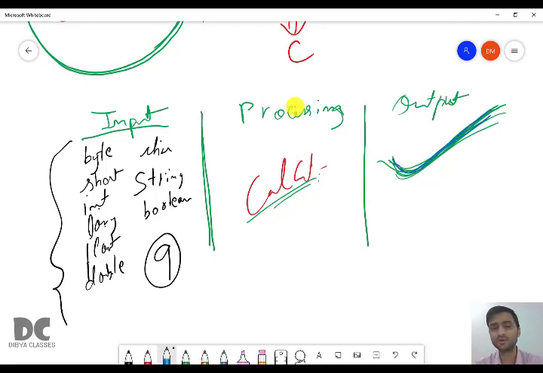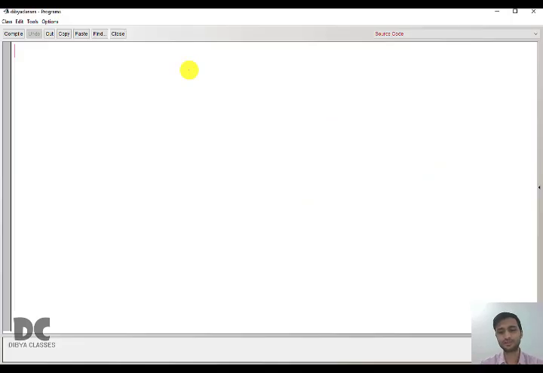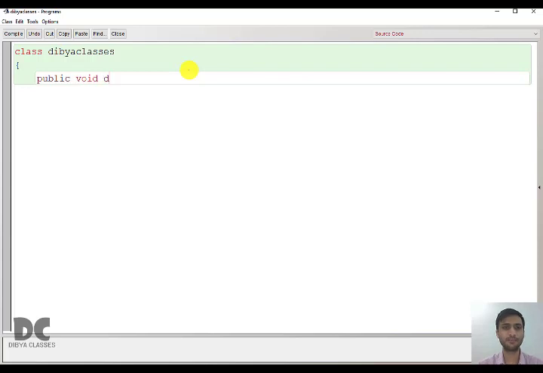So first we'll do this program using the parameter method, because this is the method you have been using since class 9. Okay, let us start. So first, all programs should start with a class and a name. So class, and let us give the class name as Divya classes. You can give any class name according to the identifier rule. And what is the identifier rule? For that you have to go to chapter 3 to revise it. Then we will give a function name. So I will give, for example, public void DNM. Similarly, you can give any name to the method according to identifier rules.